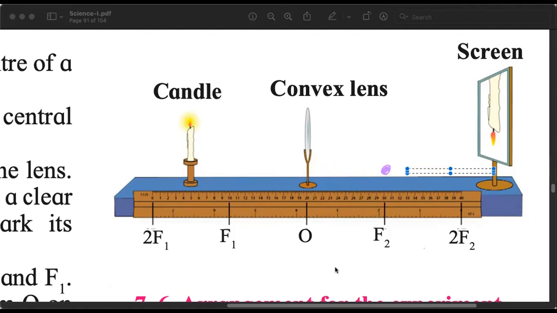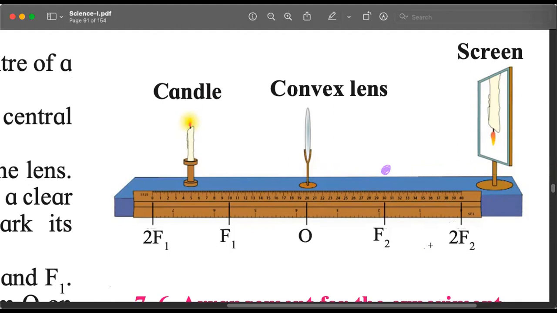We know the theory. We studied the theory before. We are trying to get the image of our object which is at a very far place. This is the first situation, case 1 of convex lens, when the object is at infinity. Check the textbook if you don't remember. If the object is at infinity, where will the image be formed? An answer. Where will the image be formed? At the focus. So this point is focus.